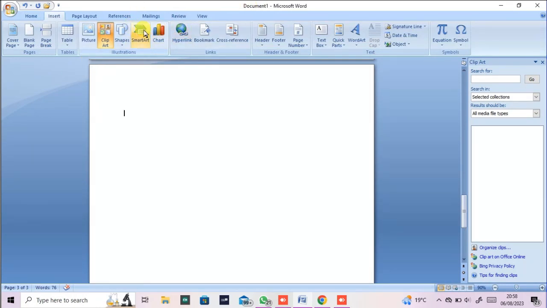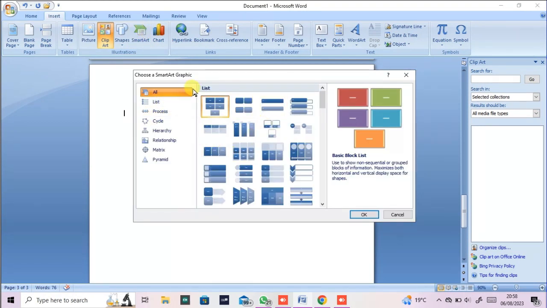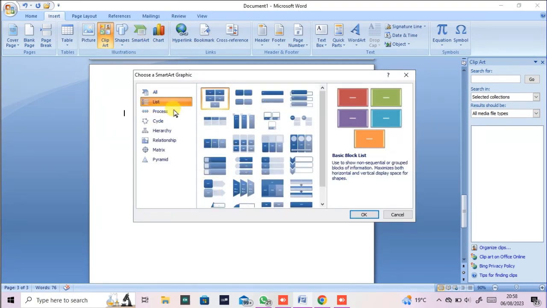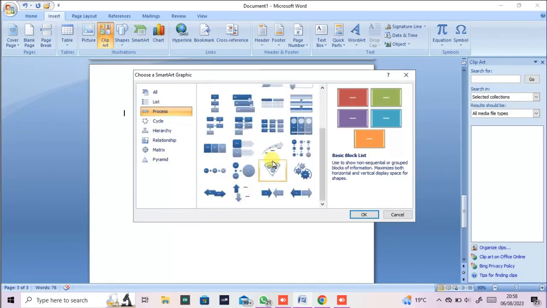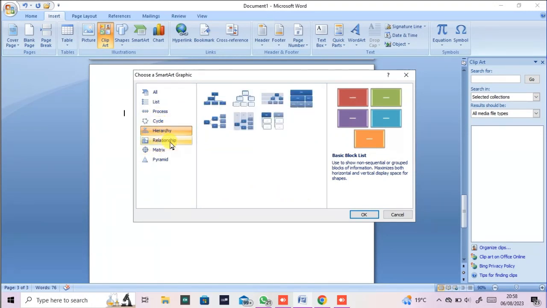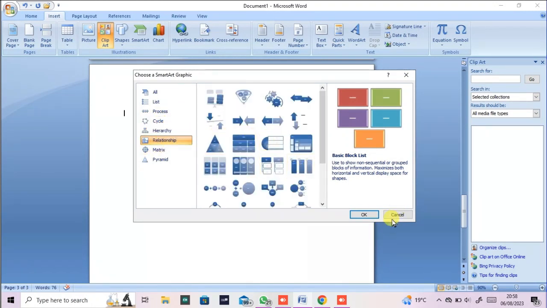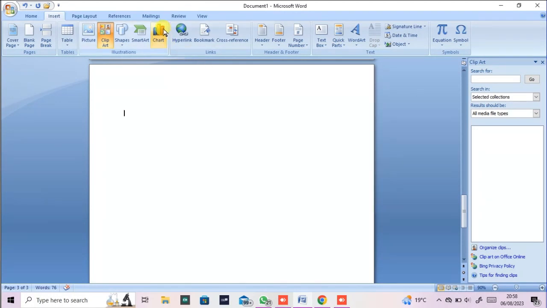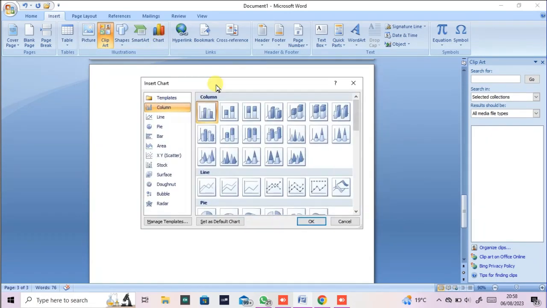And the SmartArt, when you click on it, we have some funny things, and you will not need them to do anything. The next important thing maybe you need is a chart. When you click on chart, it gives you the option to select which type of chart you want to use. And chart is basically graphs. So we have a bar graph, line graph, pie graph, scatter graphs and the like. So you can decide to